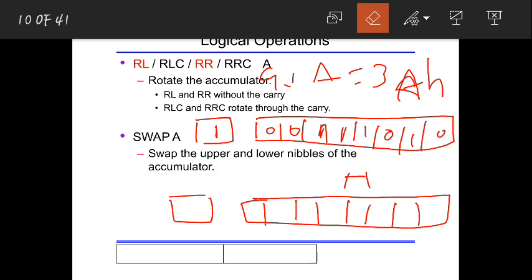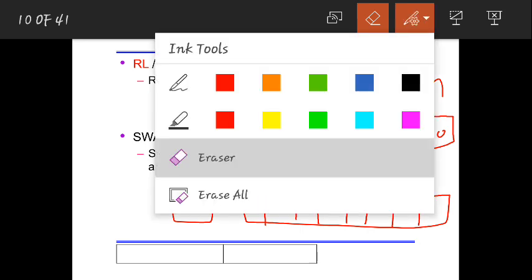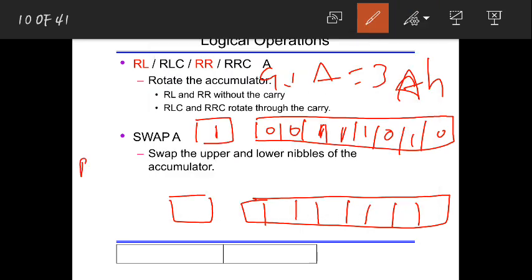Let me write this instruction here. The instruction was rotate left with carry A. Now whatever was there here will move towards left. D0 will come into D1. So 0. Next this 1 will come here.